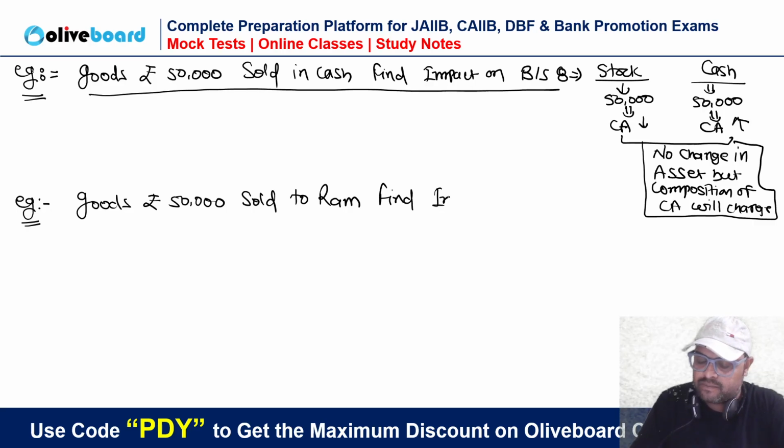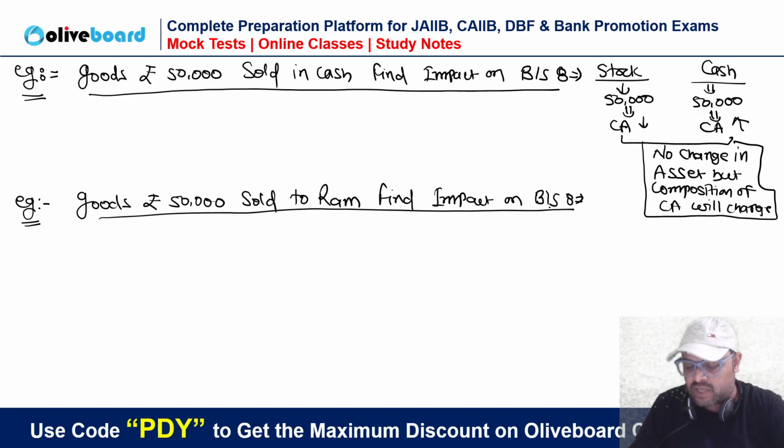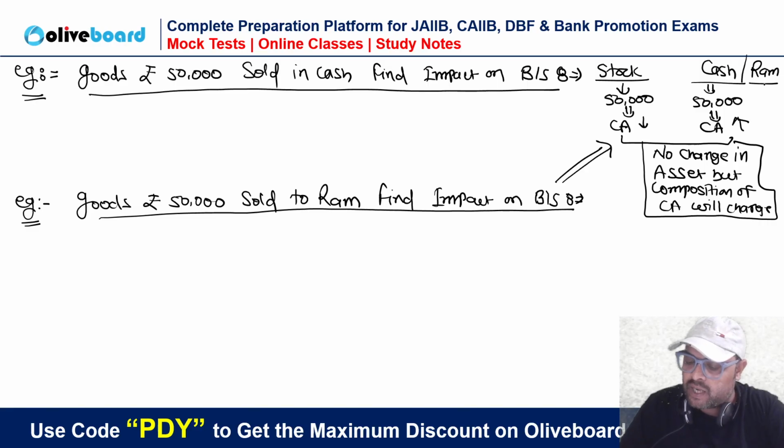Find impact on balance sheet. Same treatment will happen, only one thing will change. Now, in place of cash, same answer will happen, but in place of cash, name of Ram will appear, because